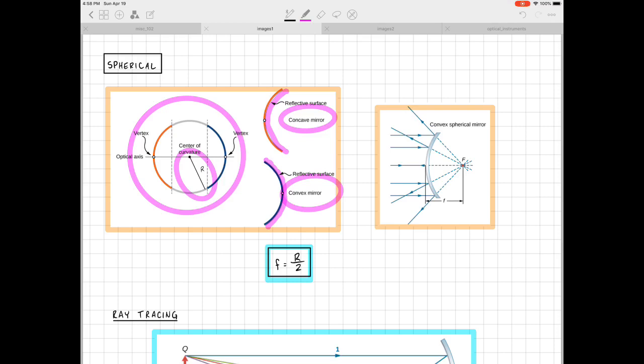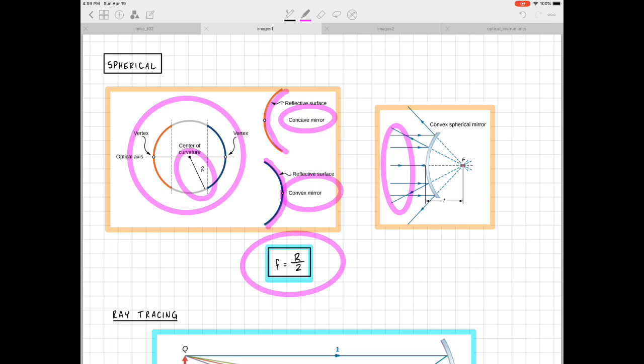And so we mentioned on the previous page that parallel rays for a concave mirror will come to a focus at a point called the focal point. Well, that focal point is related to the radius of curvature of the mirror: the focal length is equal to r over 2. And for convex mirrors, in this picture over here, I've got parallel rays coming in and hitting the mirror,